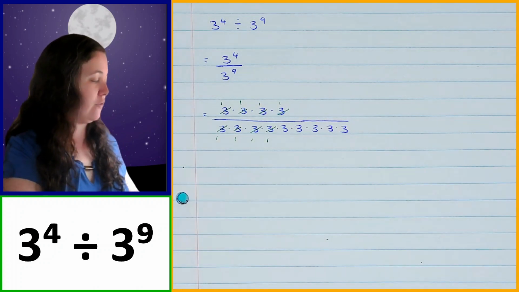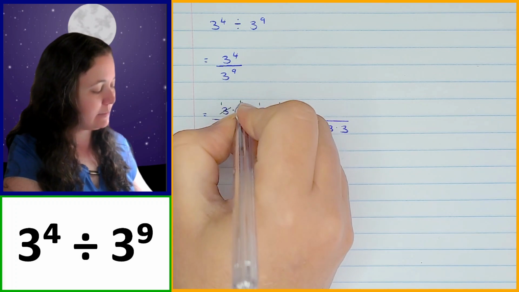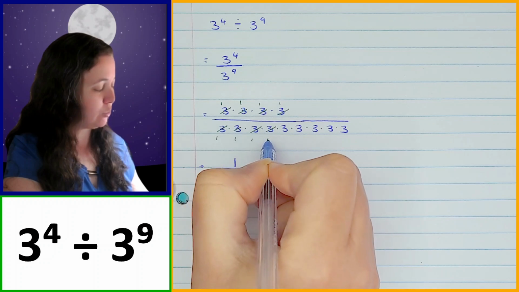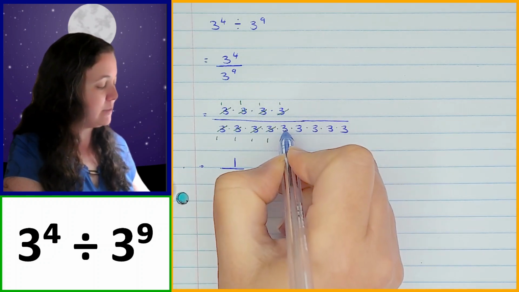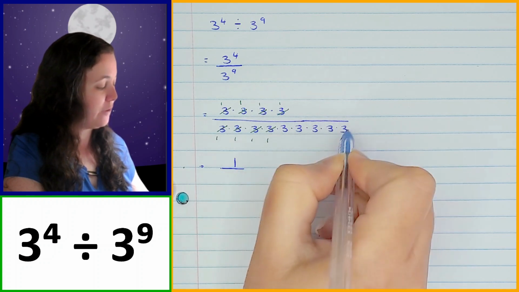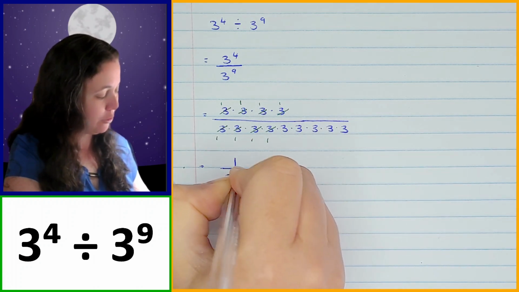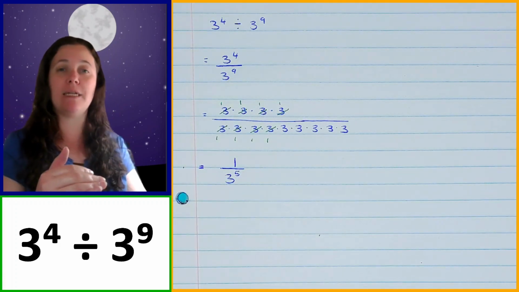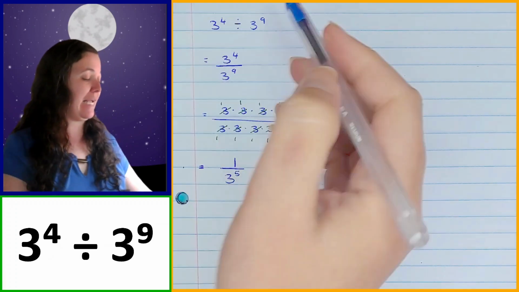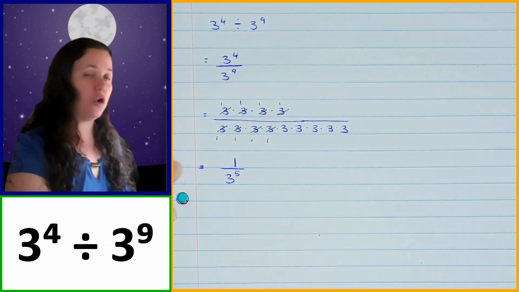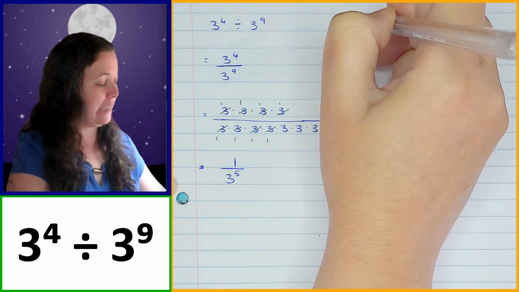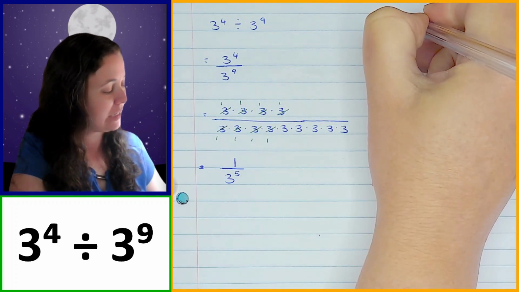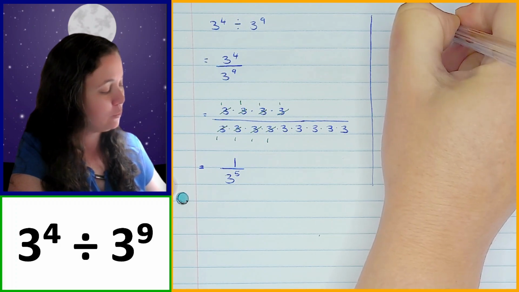So what I'm left with over here is 1 times 1 times 1 times 1, which is 1, over, at the bottom, 1 times 1 times 1 times 1, which is 1, times 3 times 3 times 3 times 3 times 3. So there are 5 3's. So that's 3 to the power of 5. So if I simplify it by writing it as 3's multiplied together over 3's multiplied together, and I cancel out my common factors, I end up with 1 over 3 to the power of 5. So that's one way of simplifying that expression, 3 to the power of 4 divided by 3 to the power of 9. But now let's have a look at another way of simplifying it by using what we know about